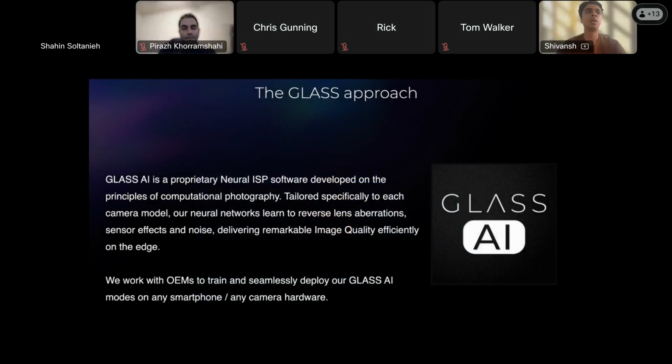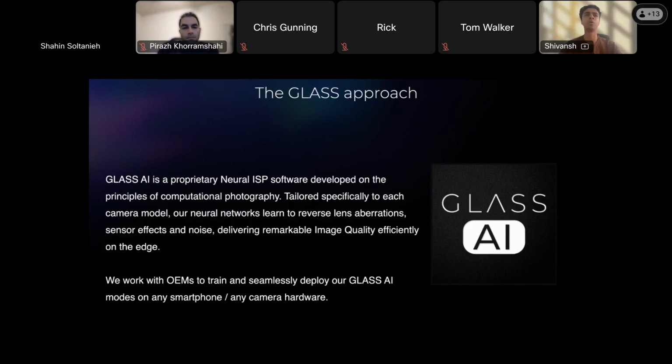Wherever I mention Glass AI during this presentation, I will be referring to the neural ISP software block that we will discuss. Glass AI is a proprietary neural ISP software developed on the principles of computational photography.